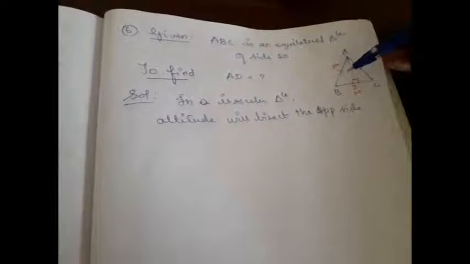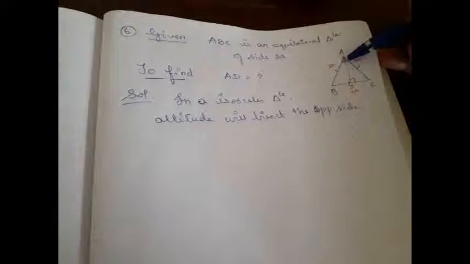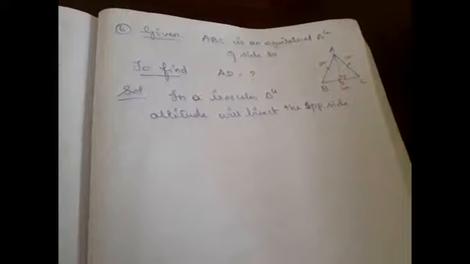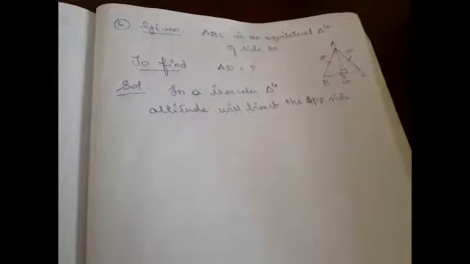First of all, what is meant by altitude? Altitude is a perpendicular line drawn from the vertex to the opposite side. Altitude is nothing but the height. Height is the perpendicular distance, right? And altitude in all cases will not bisect its opposite side, but in an isosceles triangle it will bisect. Every equilateral triangle is an isosceles triangle, right? Because in an equilateral triangle all three sides are equal. For an isosceles triangle we need only two sides to be equal. Therefore, in an equilateral triangle as well, the altitude bisects the opposite side.